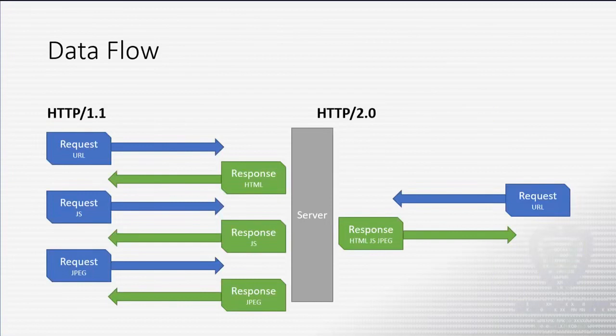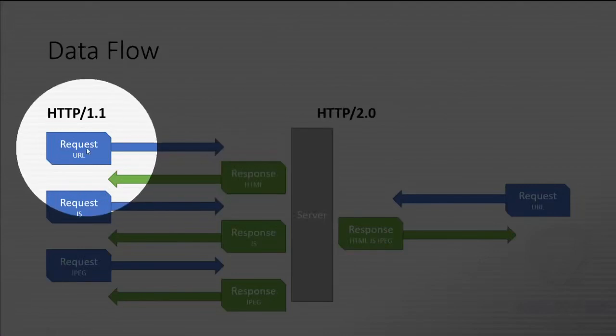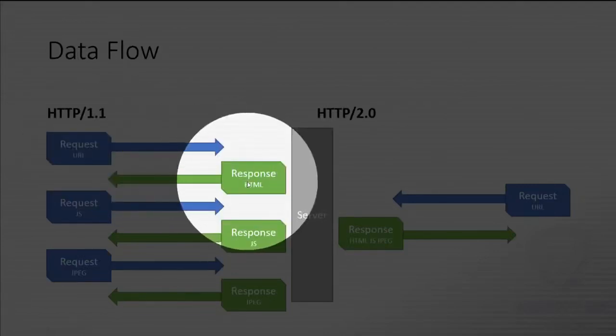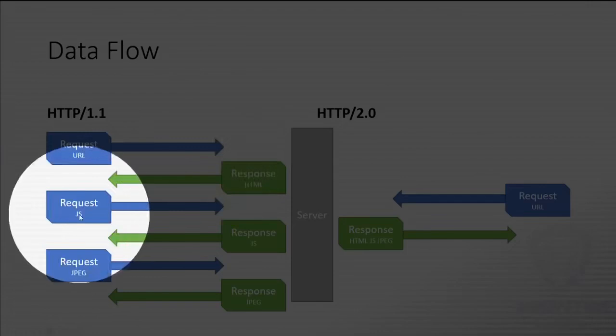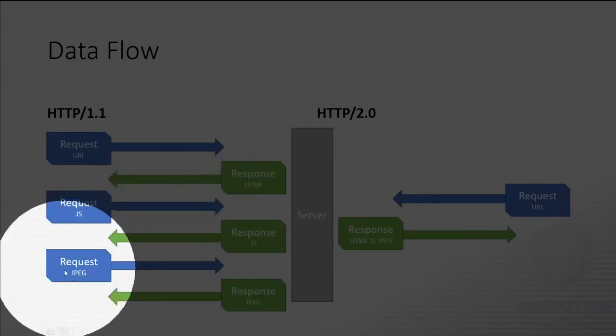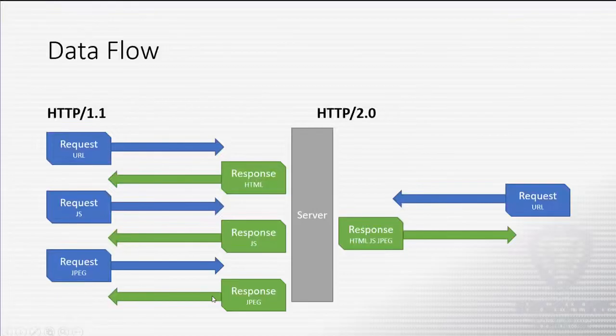So pictorially, we can sort of think of it this way, where with 1.1, we would request a URL like slash or index, and then we would get that HTML file back from the server. And then since that file referenced a JavaScript that needs to be added, we request it, we get it back. It references an image, we request it, we get it back. Maybe some CSS, request it, get it back. All as individual connections with a 3-way handshake, the push of the file, and then the 4-way teardown.